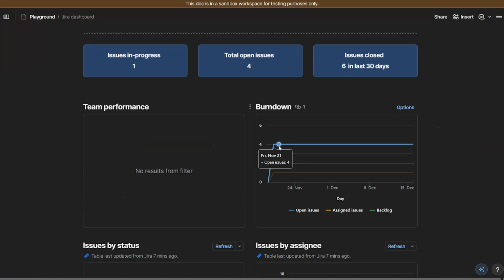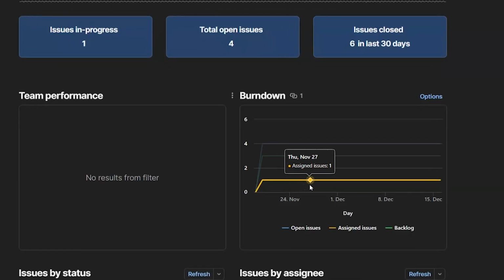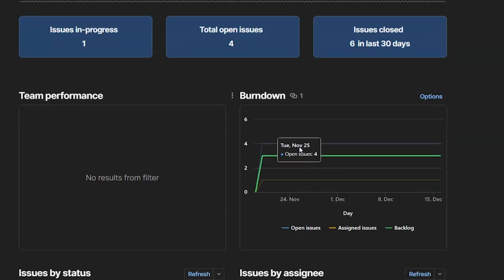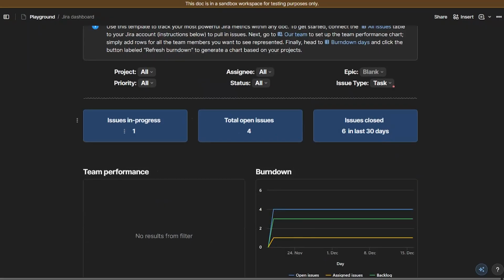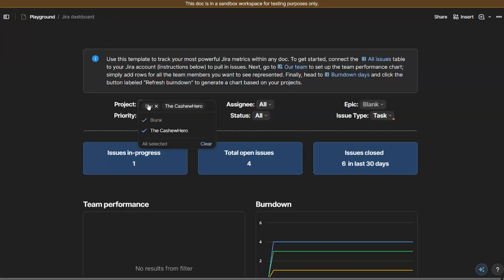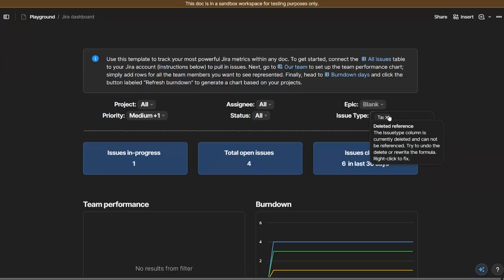There is a Burndown chart that shows all the days, and then you can see the assigned issues, backlog, and open issues. There are some KPIs at the top, some quick filters that allow you to manipulate the dashboard. We can filter by project, by priority, and other fields in here that are dynamically pulled from Jira. And then the issue type,